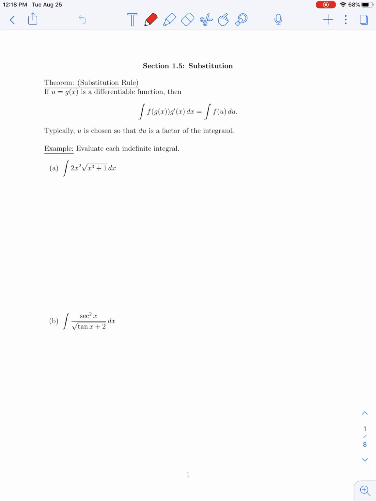So before we even introduce the idea behind substitution, let me just write a little note to the side that we would use this technique, so let me maybe say used for integrating composite functions